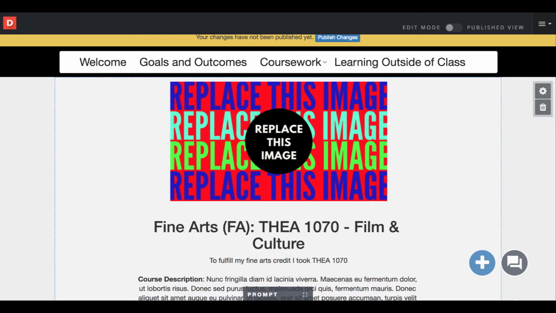In this tutorial, we will be working with images. I'll show you how to upload images, replace images, and create galleries. We'll start by replacing images because you'll probably want to get rid of those holder images that are around your